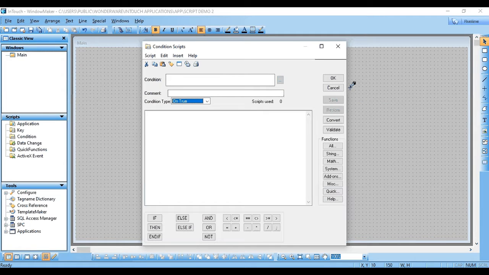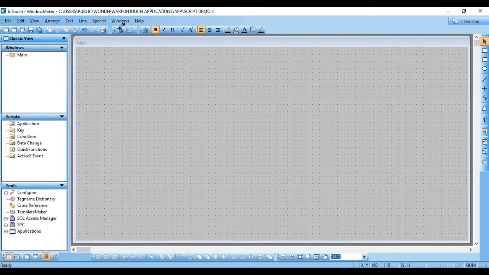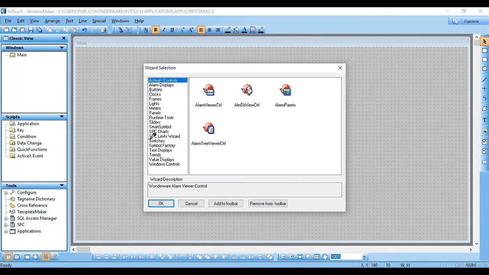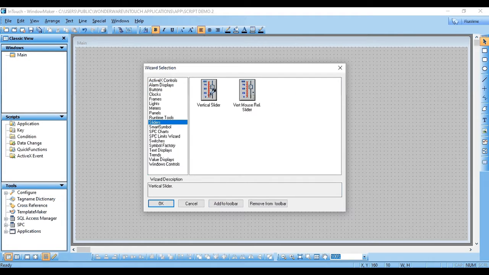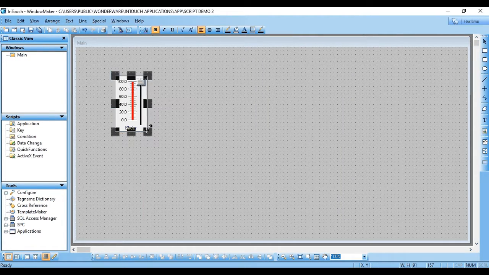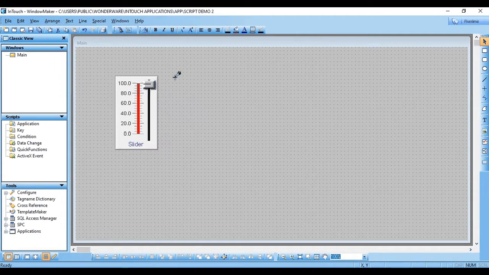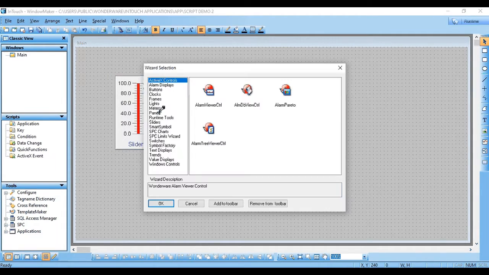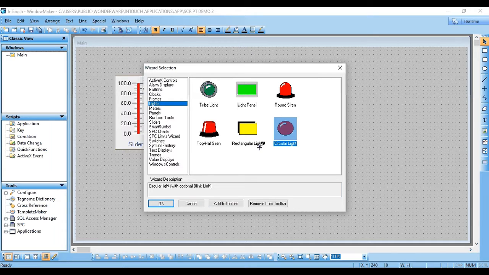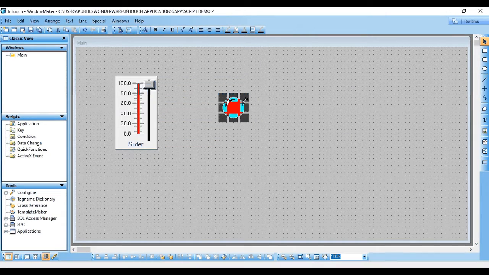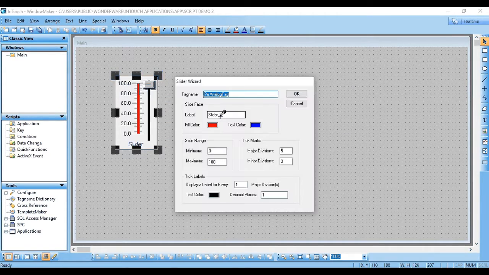So let's create one animation to test our condition script. I'm taking one slider, and let's take one light. We are checking a very simple condition. Define the tag name SL1.